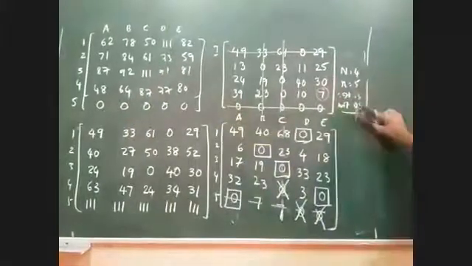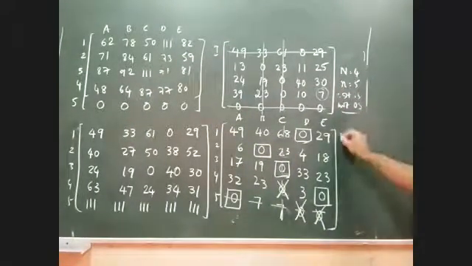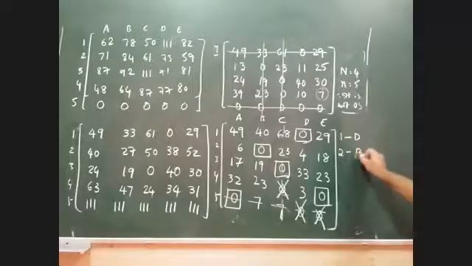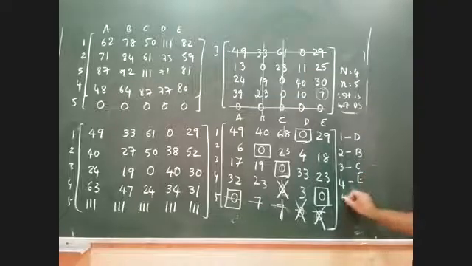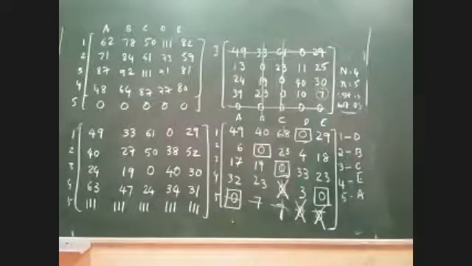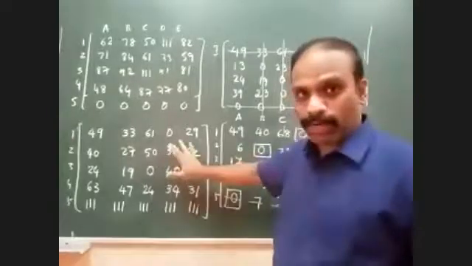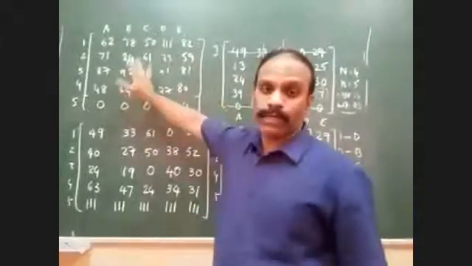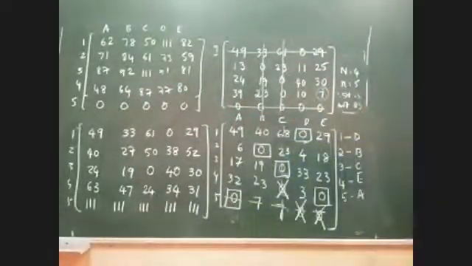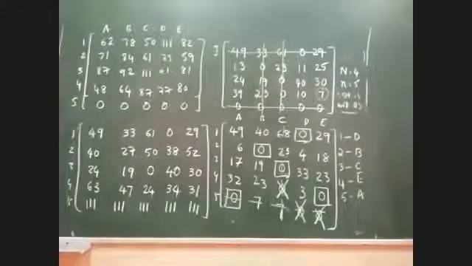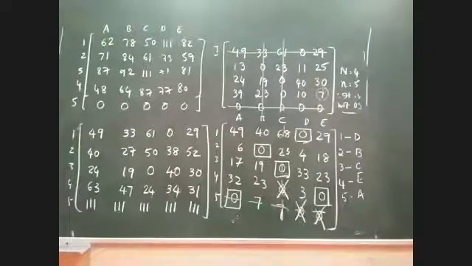So the allocations are obviously 1 to D, 2 to B, 3 to C, 4 to E, and 5 to A. This is the order we have got. When I'm taking 1 to D, I'm not supposed to take this reduced matrix. I'm supposed to go to the original value. This is the original value. And when I say original value, you should always take the original value after balancing. After introducing the dummy row or dummy column, whichever matrix you have, that is considered to be the original values here.